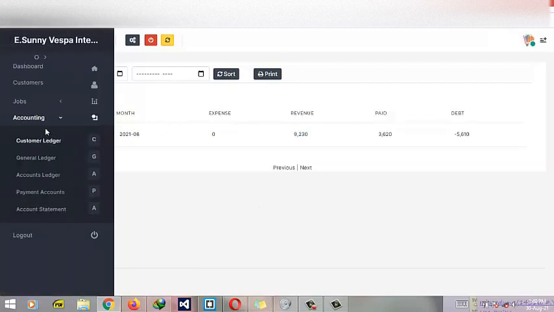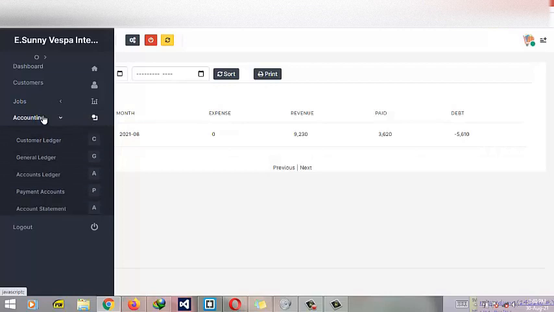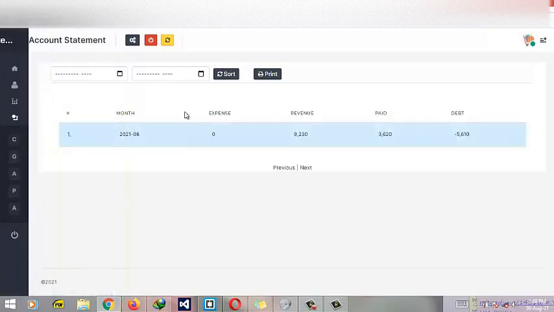Now a quick recap: the accountant has the privileges of creating a new job and viewing the job ledger, viewing the customer ledger, the general ledger, the accounts ledger, creating and viewing the payment accounts, and then viewing the account statement, which is this. So you just go through the features and the functionality, and if there are some things we left out, you can let us know, and we'll be fast to work on it and integrate it as soon as we can. I want this to be wrapped up before our visit again,